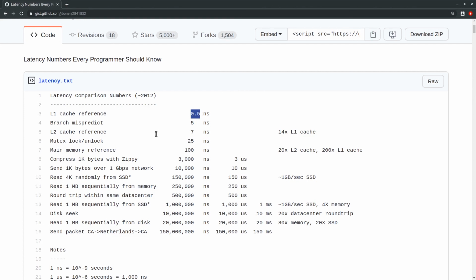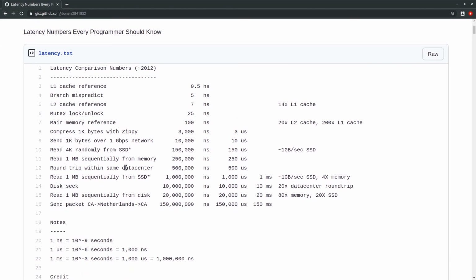To get data from RAM, that is your main memory, it is 20 times slower than L2 cache, again CPU, and 200 times slower than L1 cache. Notice the speed difference, 200 times slower than that.